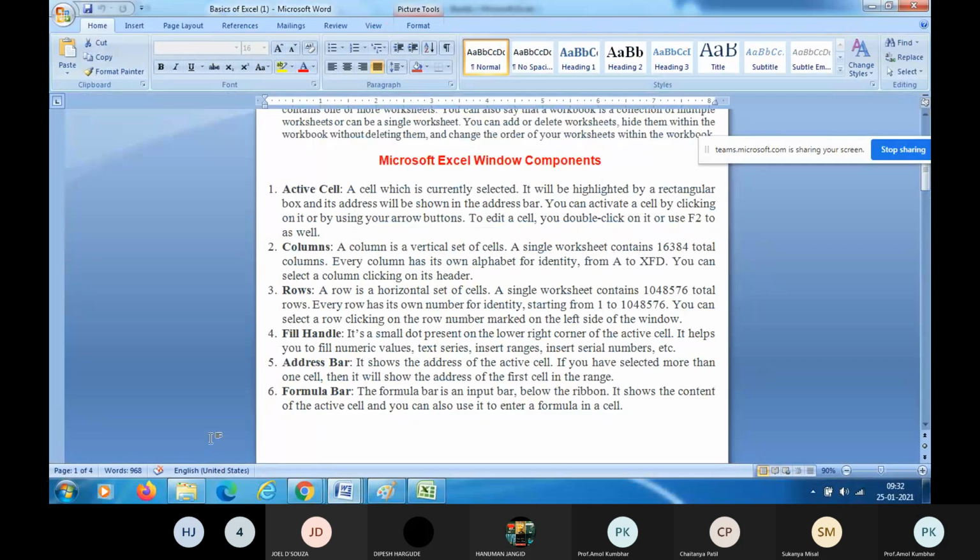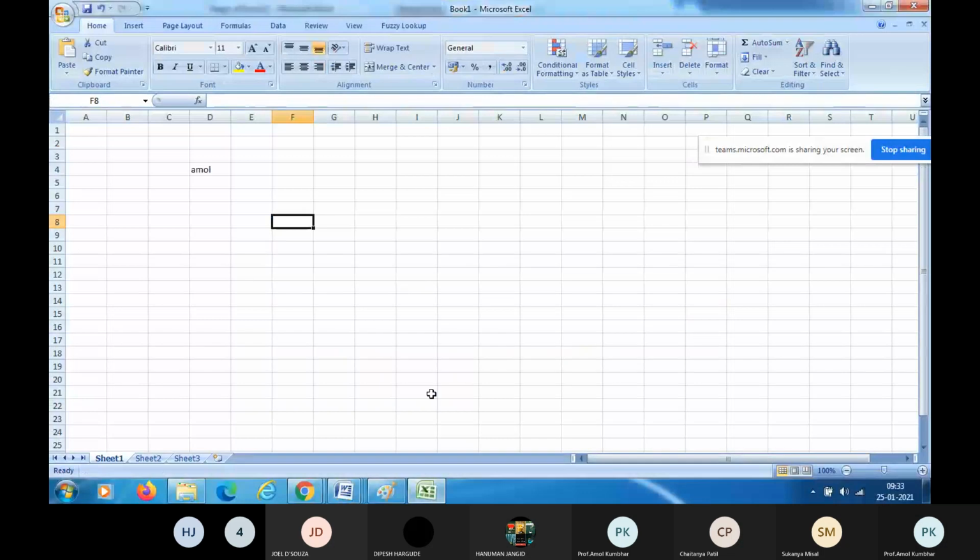Next, address bar. It shows the address of the active cell. Let us again move to the active worksheet. Now if I select column B, and from that column B, if I select cell number 5, right? So this is cell number 5.